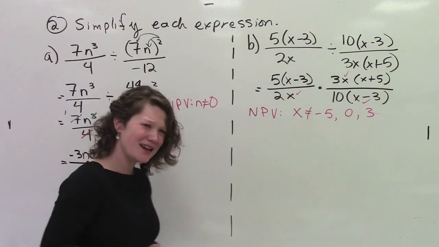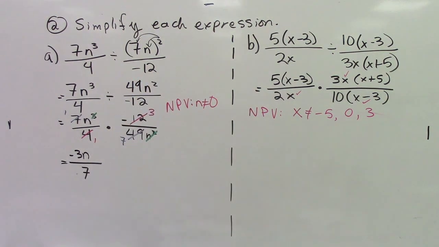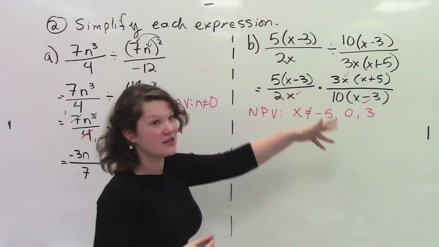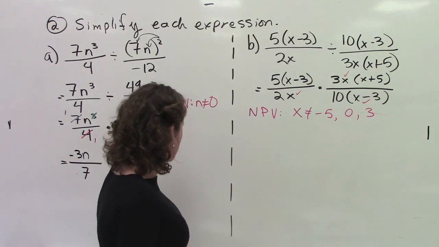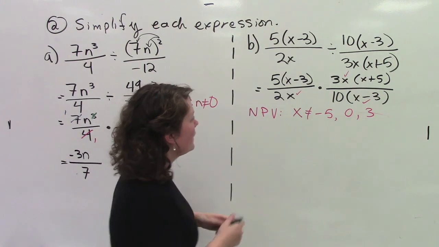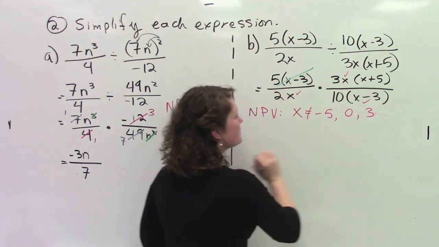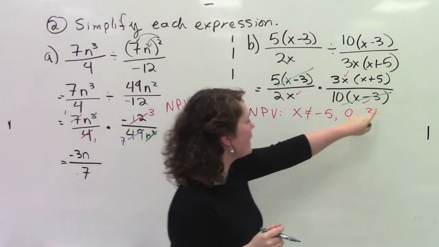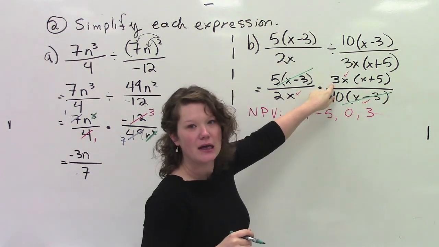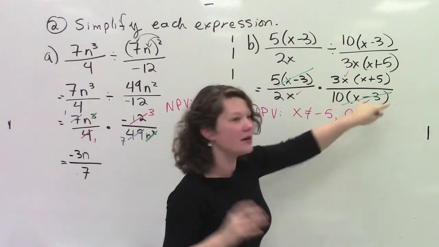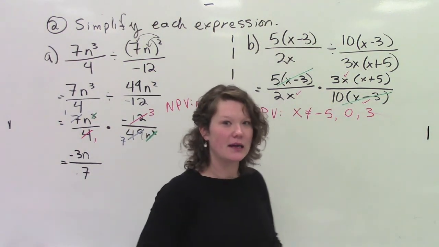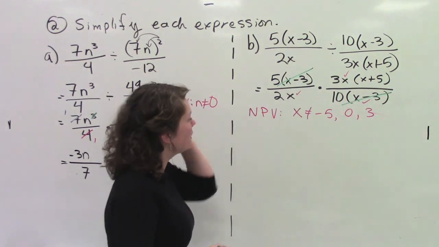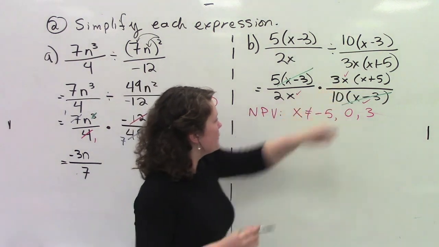So now, this one's actually really nice. One moment, please. Found my marker, it was on the floor. This one's actually really easy because there are lots of things that we can cancel with. So it's going to become very simple very quickly. X minus 3 cancels with X minus 3. Please, please, please do not cancel this 3 with this 3. It doesn't work like that. The factor here is X minus 3, so you can only cancel it with an X minus 3 in the numerator, okay? X can cancel with X,